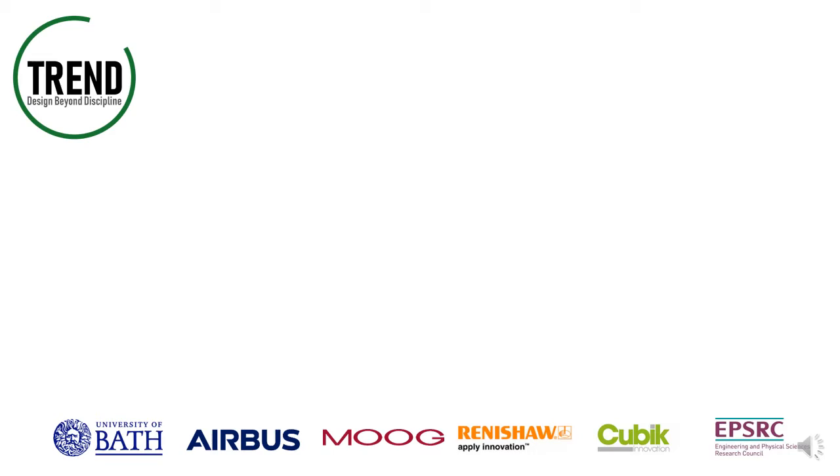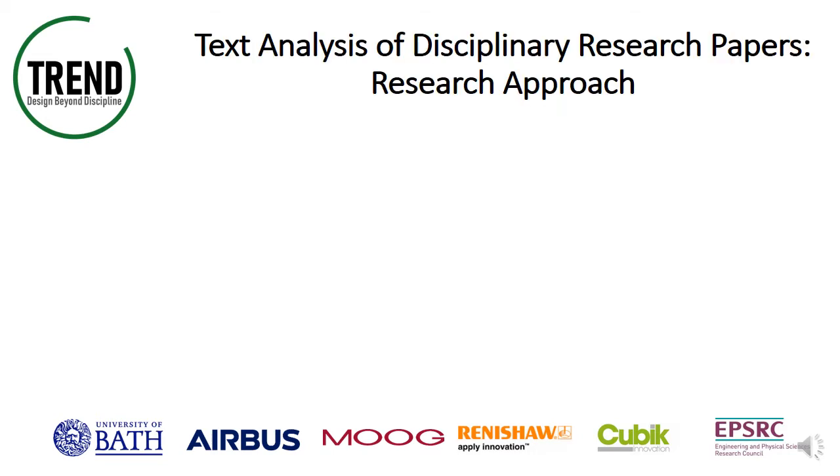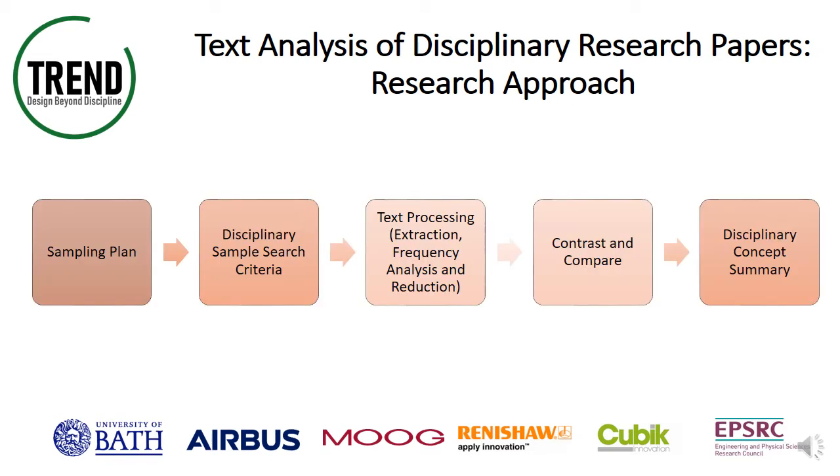An introduction to myself. I am Emily Carey, a researcher at the University of Bath in the UK, working for the Trend Research Group in the Department of Mechanical Engineering. The work presented in this paper is a study of the text content of literature samples to find any core defining concepts for common disciplinarities. This is an automated approach to extract and analyse the most frequent text terms being used in academic literature.